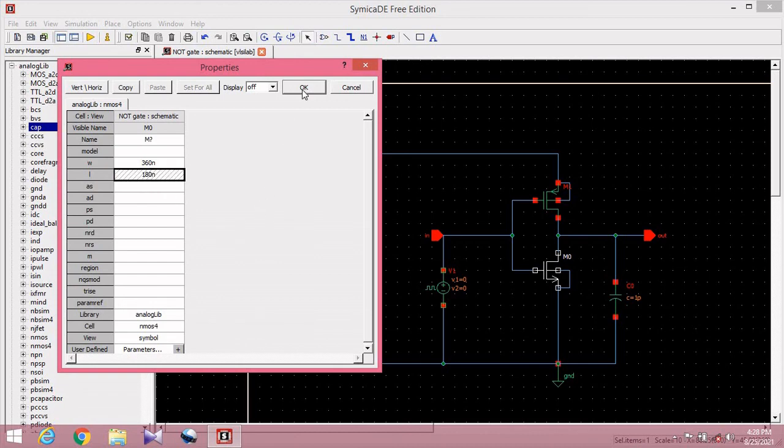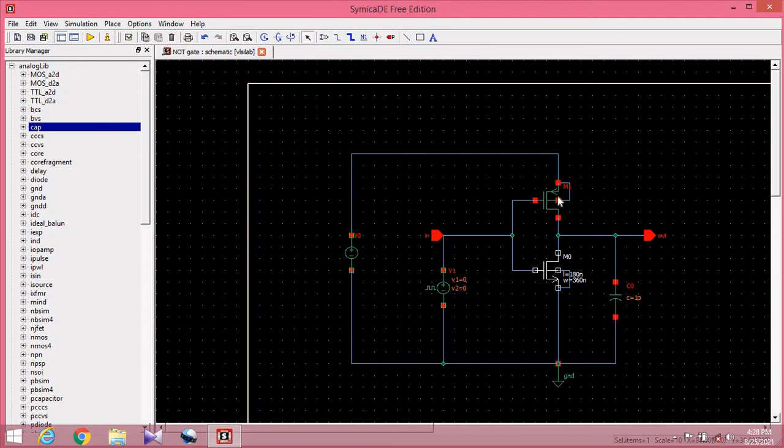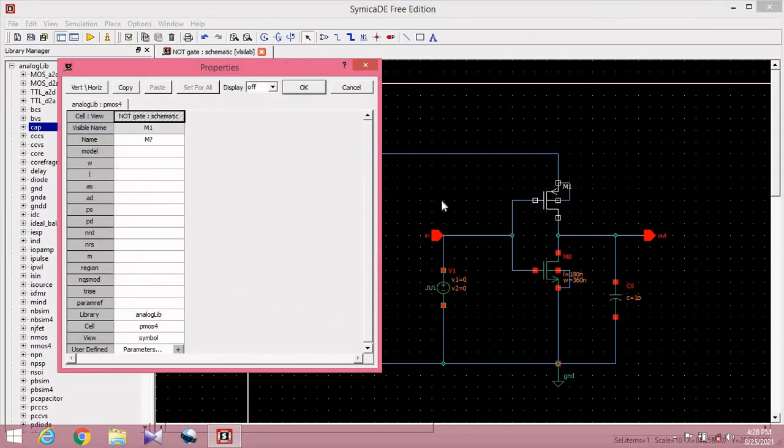Okay, similarly here we will keep the size of the PMOS transistor larger, so we will take W as 720 nanometer and L as 180 nanometer. Okay.